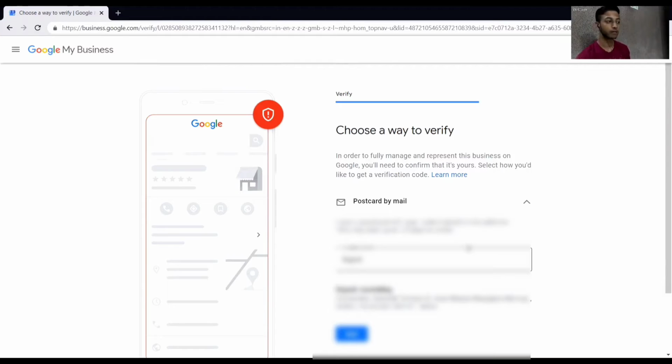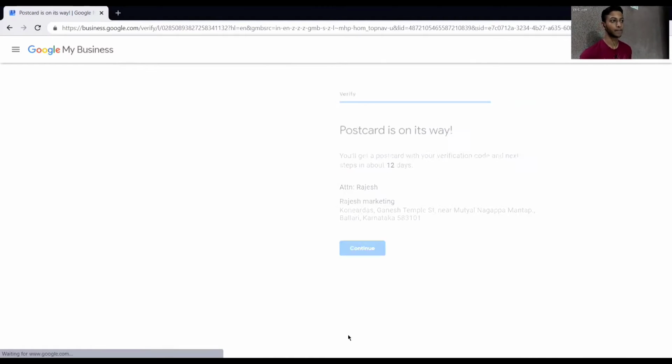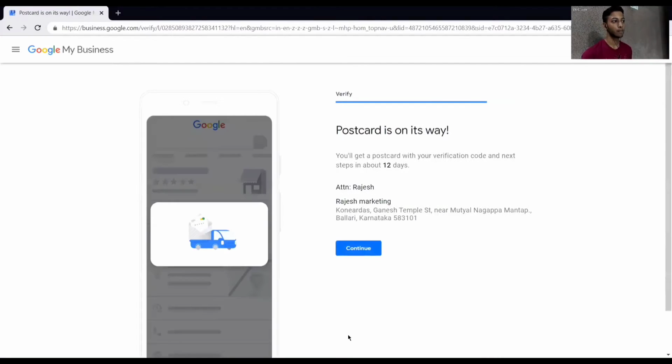In the next, third part of this series, we will also see how you can verify without getting a mail from Google My Business. So that is also one way to verify it. Here, if you have a physical location, within 10 to 12 days you will get a mail. You will get a code and you just need to verify it. Enter the code. Okay, continue.